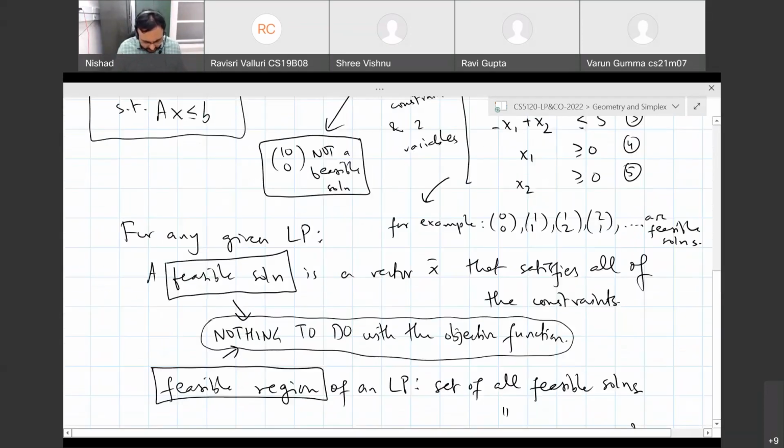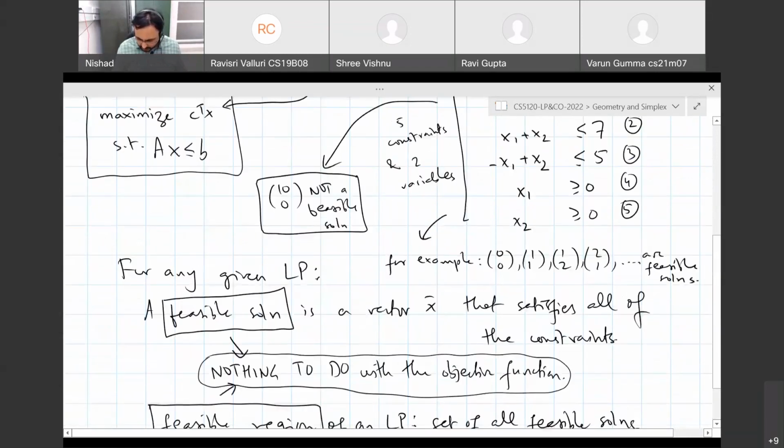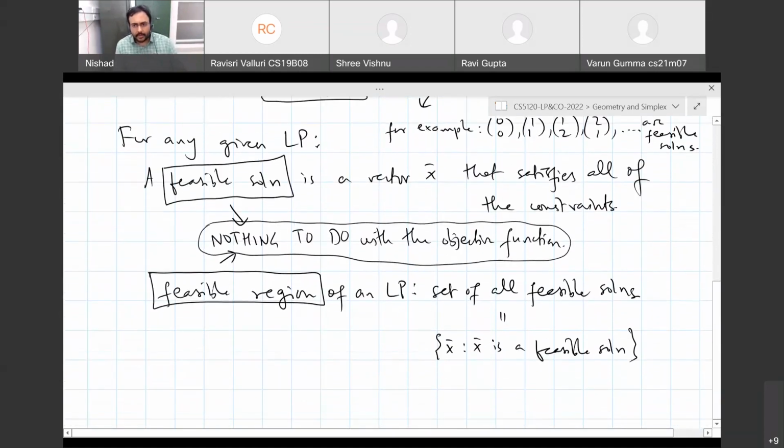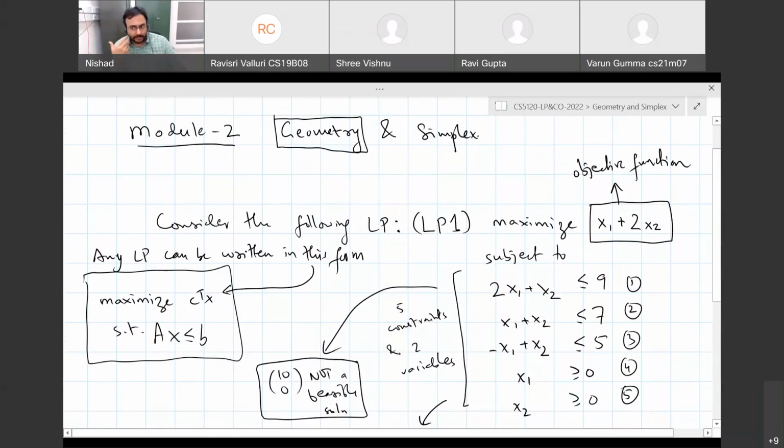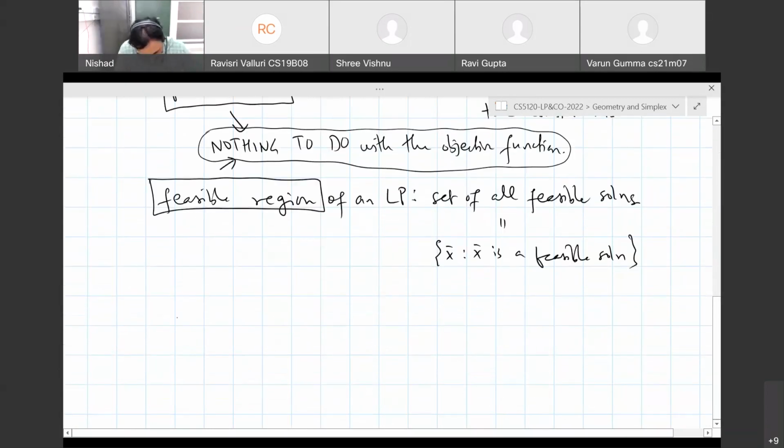Before we completely discard the objective function, let me put down some definitions. In this particular problem, we are interested in maximizing the objective function. So we want to find a feasible solution that maximizes the objective function. Those feasible solutions are going to be called optimal solutions or optimal feasible solutions. So an optimal solution is a feasible solution that attains,